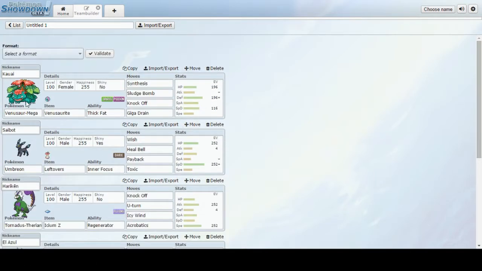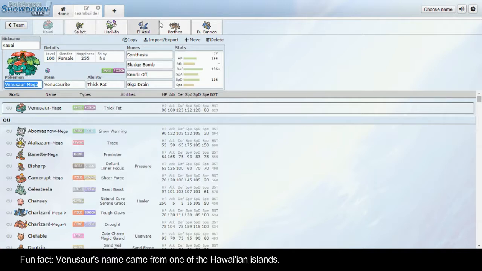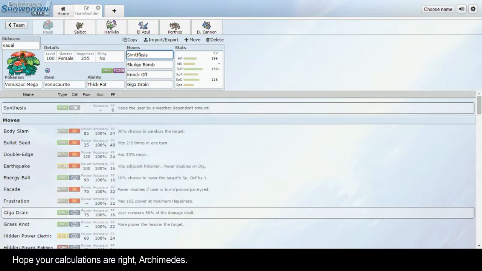For starters, we're bringing Mega Venusaur to formulate the center of the defensive core. I'm bringing 3 defensive mons and 3 offensive mons. It's not a formula that I'm going to follow regularly, but I figure this will work out slightly in my favor. Pretty standard Mega Venusaur set as far as moves go. Synthesis, Sludge Bomb, Knockoff,